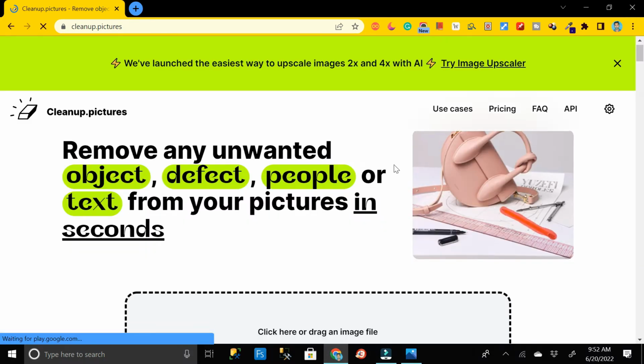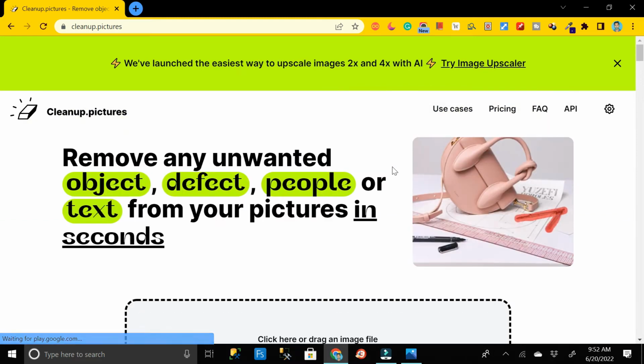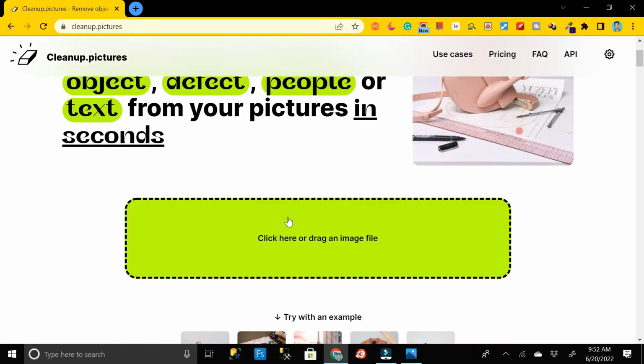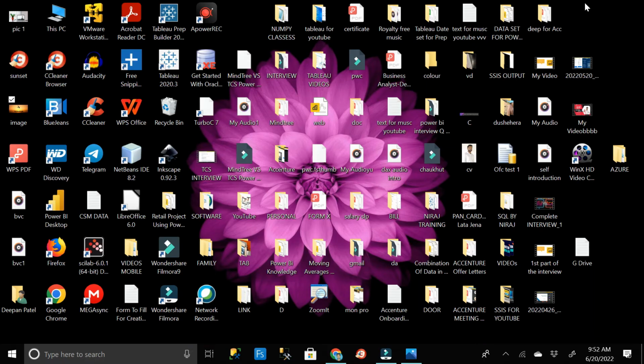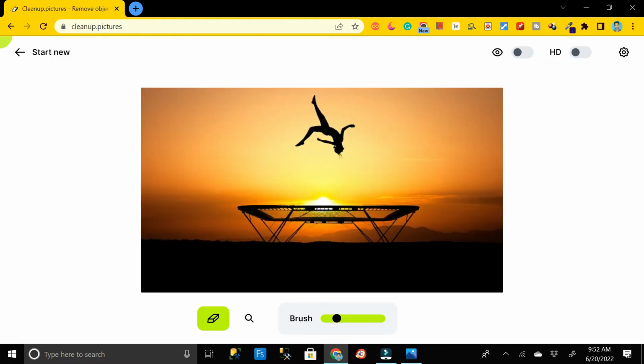After that it will take you to the place where you can remove the object with just a drag and drop option. Okay, so here you have nothing to do, just drag the image from which you want to remove that particular object, then put it over here, then select the object that you want to remove by highlighting the object here like this. Okay,